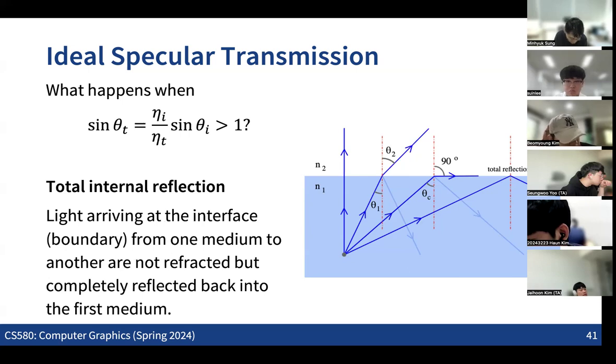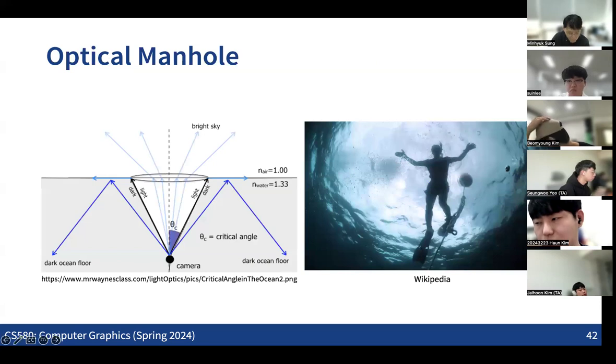We're also going to see that the light is only reflected, without any refraction. So this is the typical kind of case that you can see. Based on this, what we can observe is that you might have